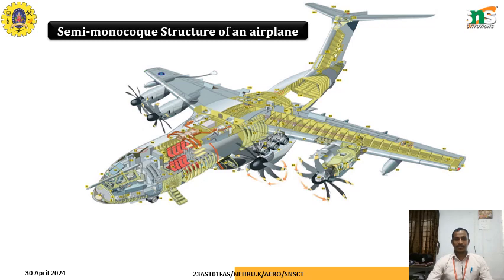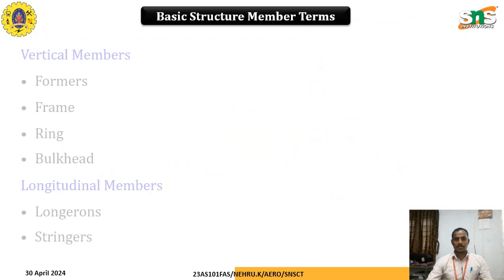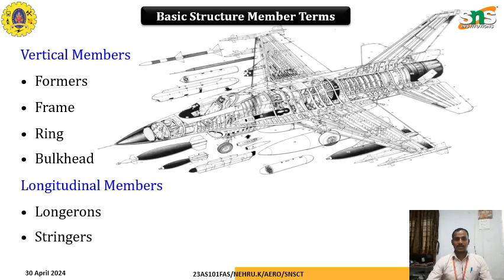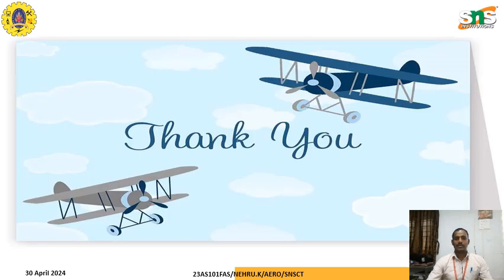So the basic structural members are former frames, rings, and bulkheads as vertical members, and as lateral members we have longerons and stringers. These are the basic structural components of the